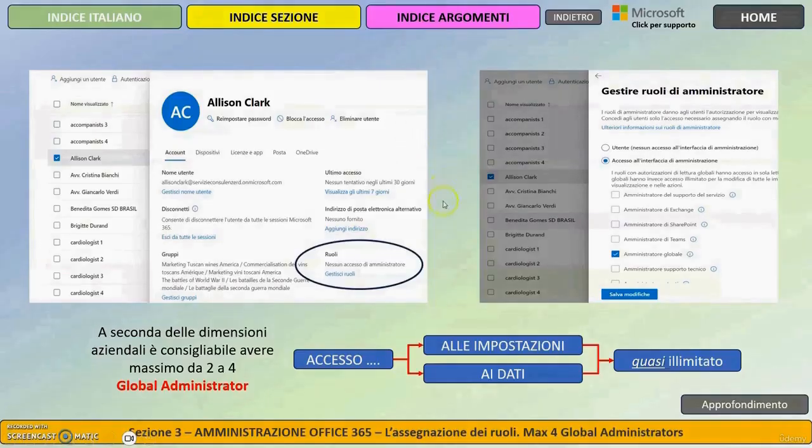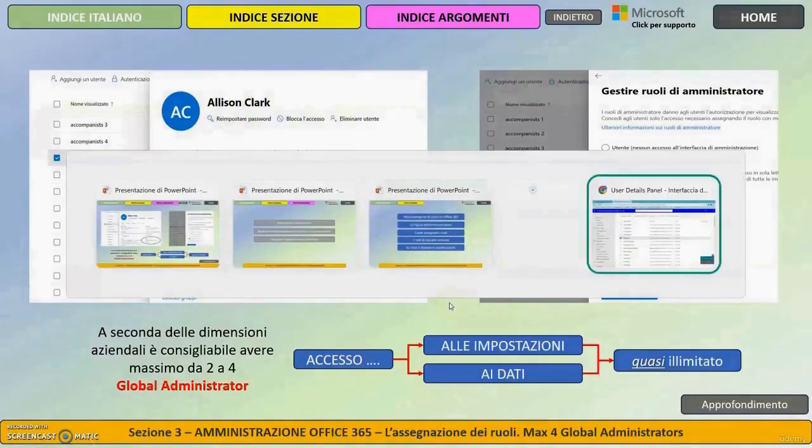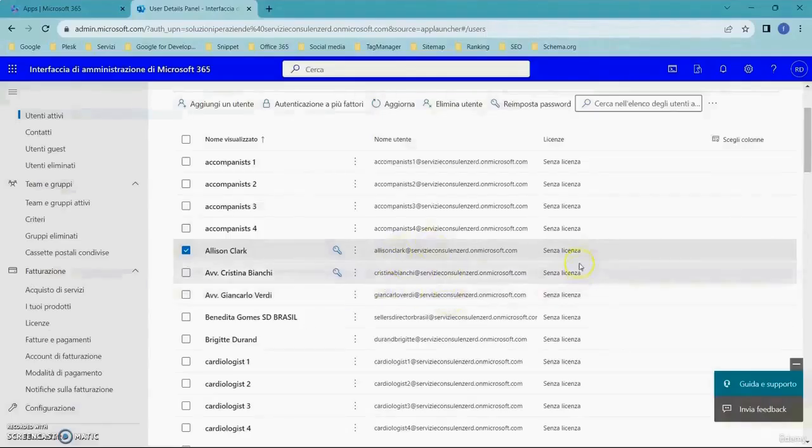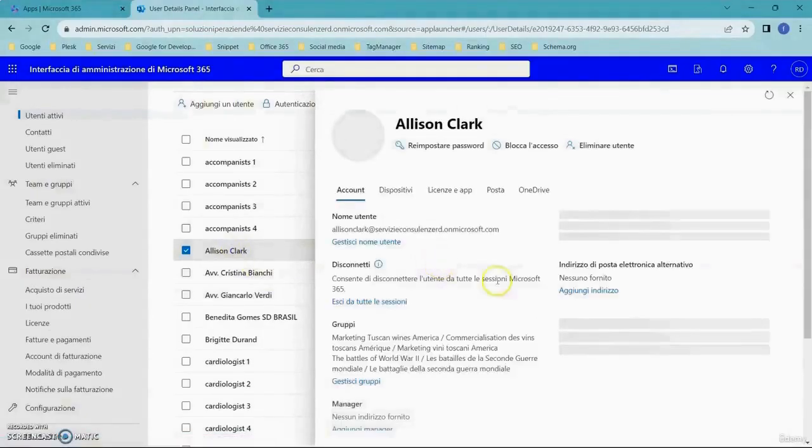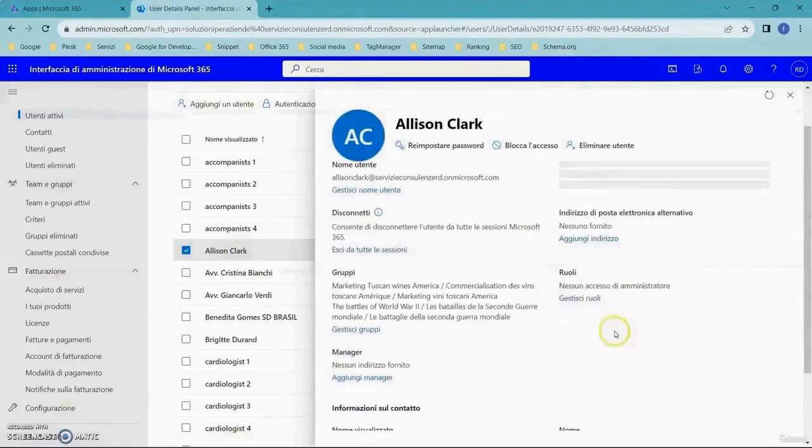I want to highlight that this user, Allison, has no administrative role. We click on Manage Roles, and I assign this role. So I am here on my Microsoft 365 account. I click on Allison Clark's name. As you can see, she has no access to administration.